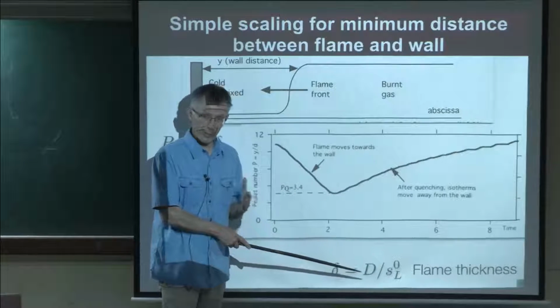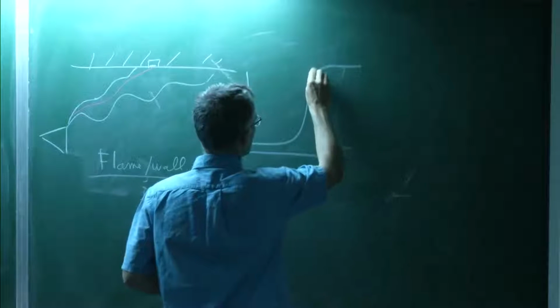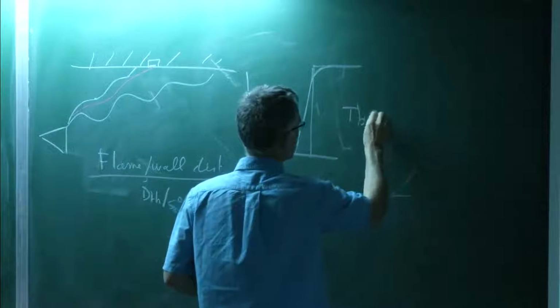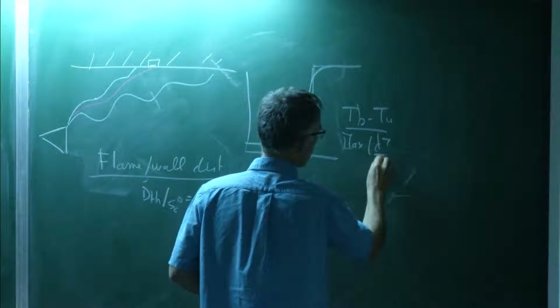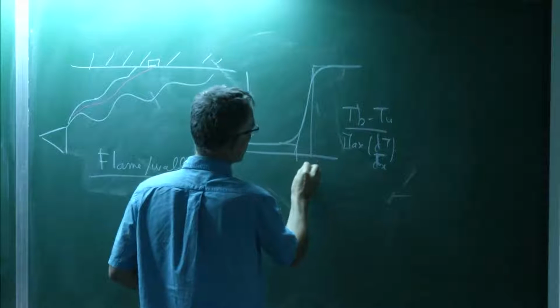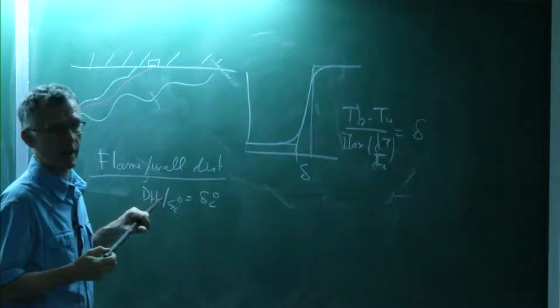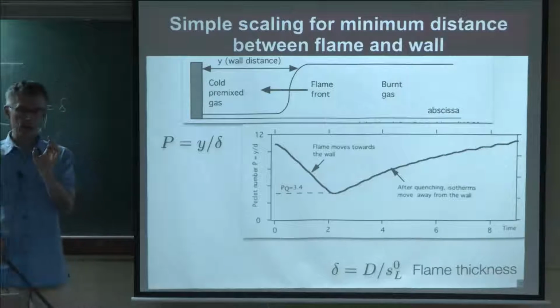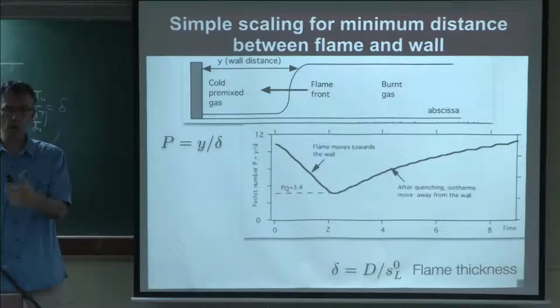A real flame thickness is computed using the exact profiles of temperatures, which are computed like this. I've shown you that last time. It's TB minus TU divided by the maximum of dT/dx. So this is the distance between these 2 points. We call it delta. This delta is larger than this one, about 3 times, which happens to be almost exactly what we have here. In other words, the flame stops when the flame thickness is equal to the flame distance. That's where the flame starts feeling the wall, and that's where things change.